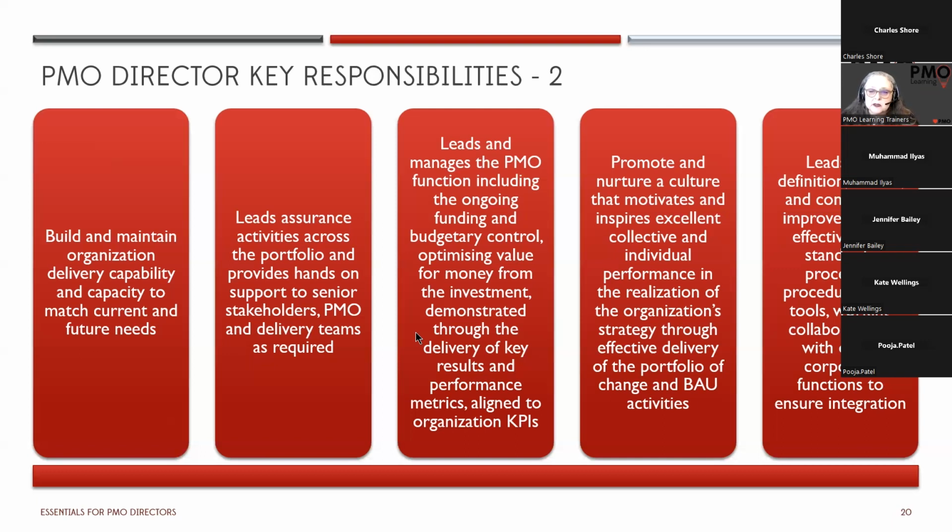So there may be in the wider PMO staff, people who are risk management specialists, benefits management specialists, resourcing specialists, tool specialists, etc. But actually it's about making sure that the things that are being rolled out really add value to the